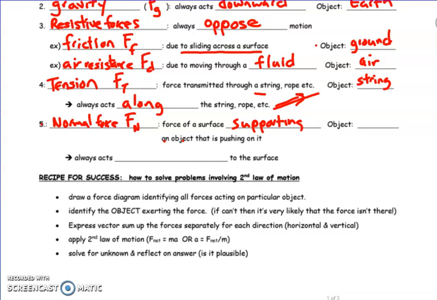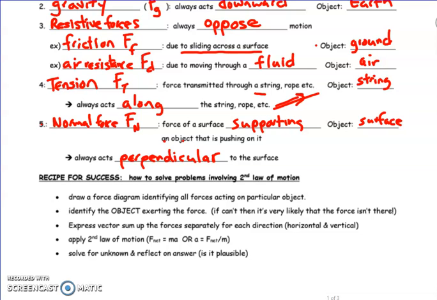It's the force of a surface supporting an object that is pushing on it. Usually you push on an object because of gravity. Other times you can push on it. Imagine bending your knees and pushing down with your muscles and your legs. You push down on the object, it will support you. Push up on it. So normally the object is the surface, depending on what you're standing on. Floor is the most common. And again, it's called normal because it always acts perpendicular